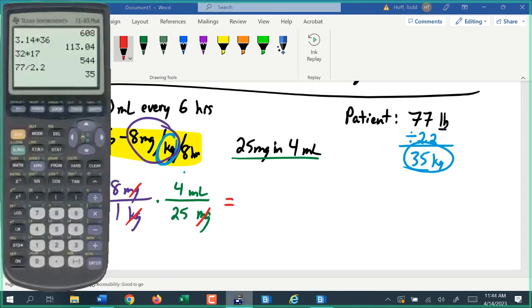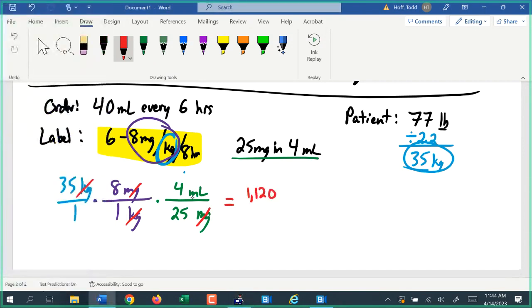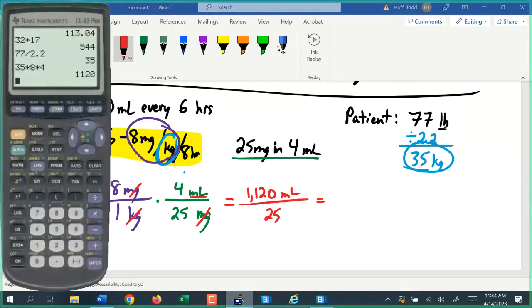35 times 8 times 4 is going to give us 1,120, and that's milliliters, our only unit on top. On bottom, 1 times 1 times 25 is just 25. So then we'll divide that out. 1120 divided by 25 gives us 44.8